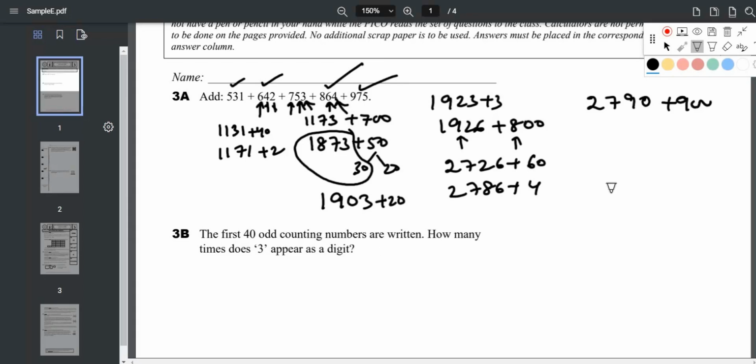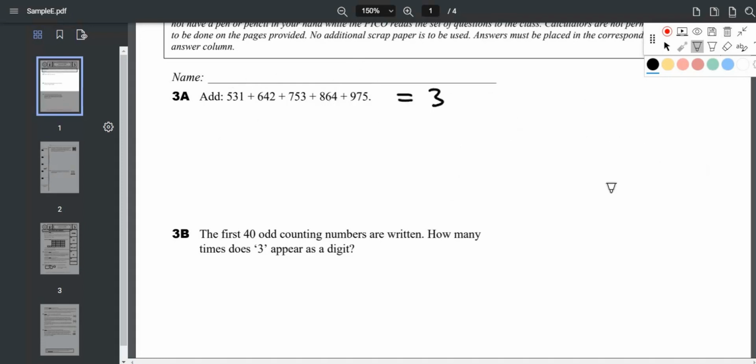First you add 900, and 7 and 9 is 16, so this turns out to be 3690. To that you add 70. First you add 10, then you add 60, so you get 3700 plus 60, that is 3760. And then you add the last units digit, that is 5. So your answer is 3765. Moving ahead to the second question.